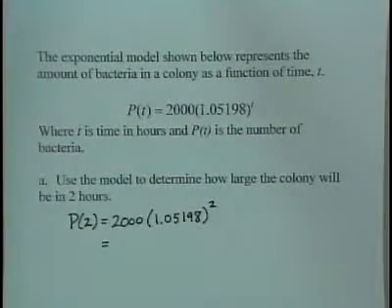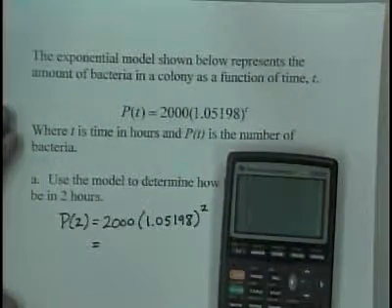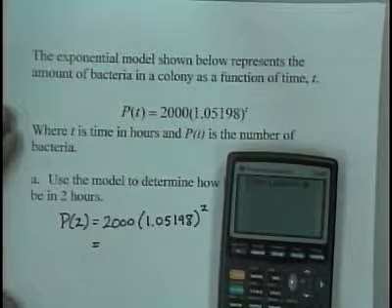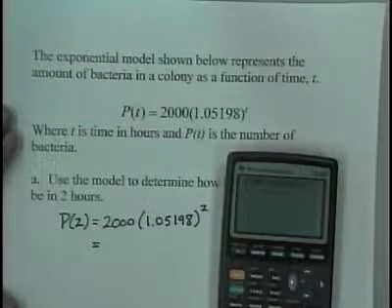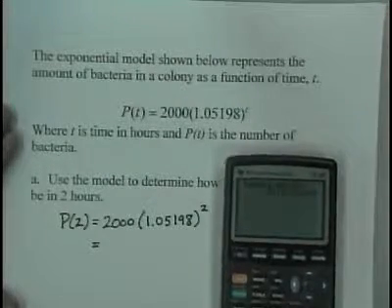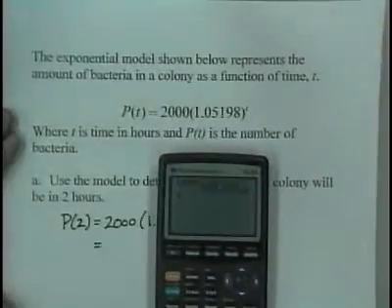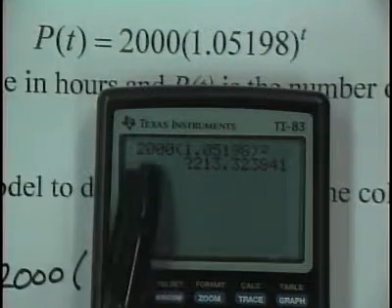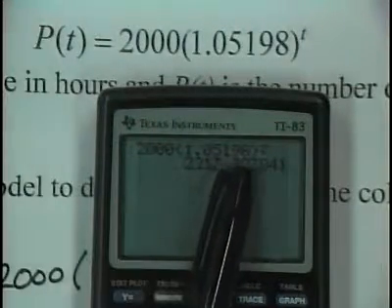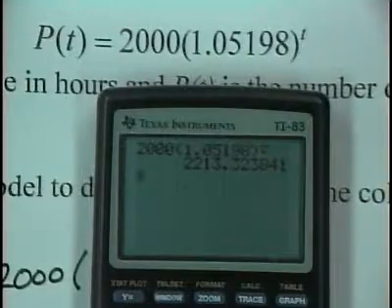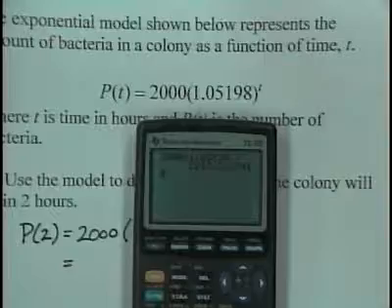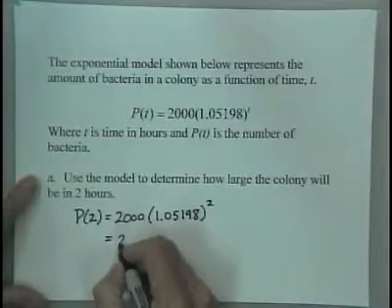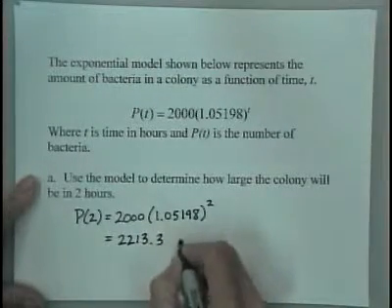So let's grab our calculator and enter 2,000 times 1.05198 to the second power, or squared, and push enter, and I get the result 2213.32. Let me show you how I entered that on my calculator. You can see 2,000 parentheses 1.05198 squared, and the answer is 2213, and so forth. Well, let's write that number down. 2213.3